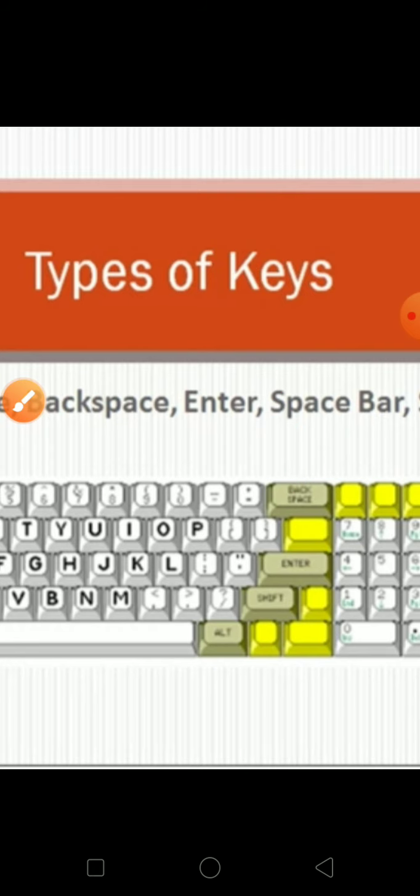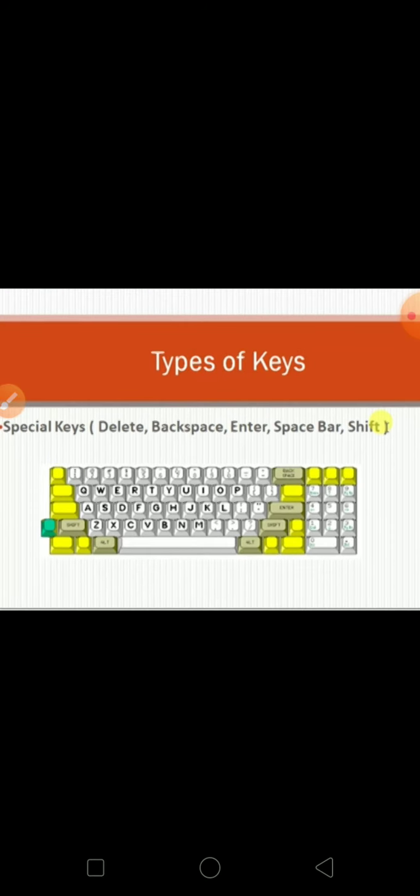Then our delete key. Can you show me, children, the delete key? In your keyboard also you can find it, for your easy understanding. Show me children where you can find your delete key. Have you got it in your keyboard? Okay, this is your task. I will not tell where your delete key is present. You will see in your keyboard and find it out. Okay children, these are all about our special keys.